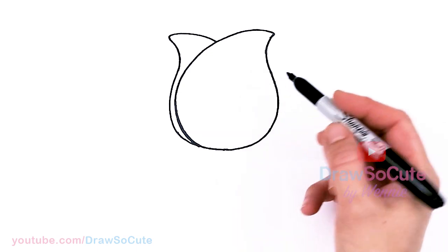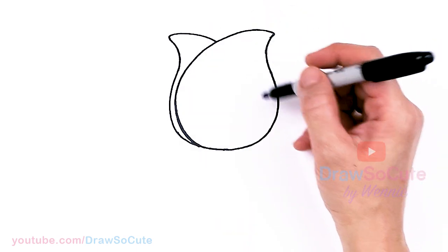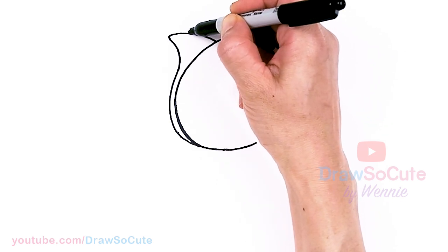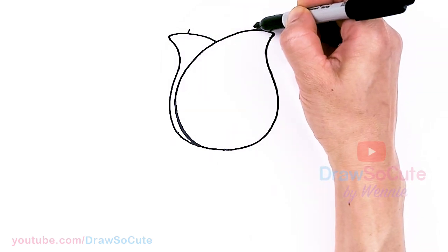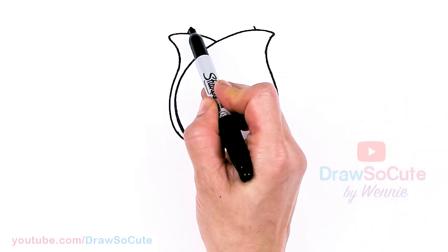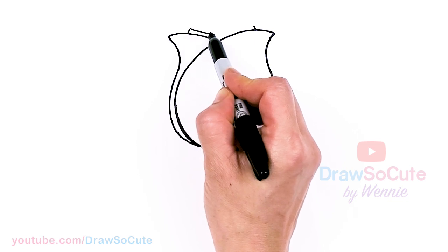Now that we have this main shape in, let's come back to the top right here and make it look like a rose, because right now it kind of looks like a tulip, right? So to make it look like a rose, let's come to, say, about right here. I'm going to go ahead and draw just a tiny little angle on both sides. So it's nice and centered on both sides. I'm going to draw two little angles, and then I'm just going to go ahead and connect it with a curve that comes down